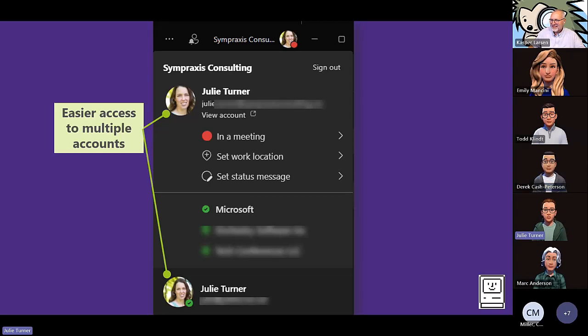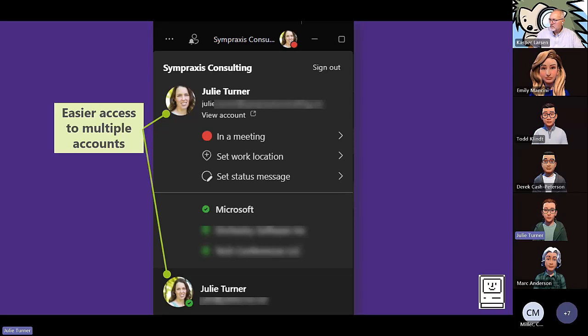We're all lost. Okay, so essentially what this allows you to do is add multiple Microsoft accounts into Teams so that you can switch between those accounts, and it switches really pretty fast. Microsoft Work or School, not Microsoft accounts. Yes, sorry, I should have been a little more clear. I did mean Work and School accounts, not just Microsoft accounts. You can add multiple Work and School accounts, and then you can switch between those accounts.